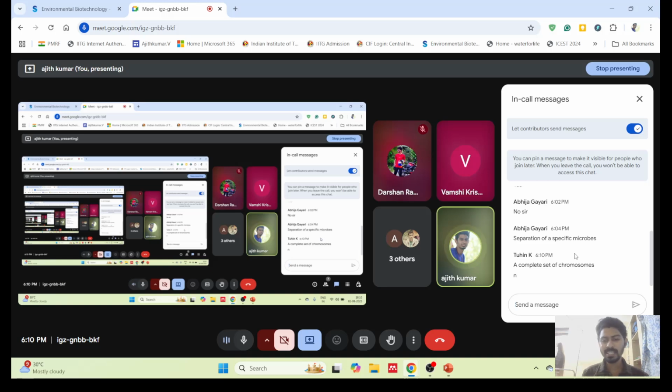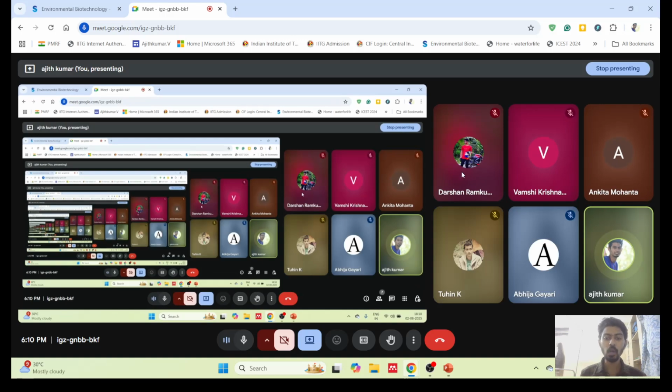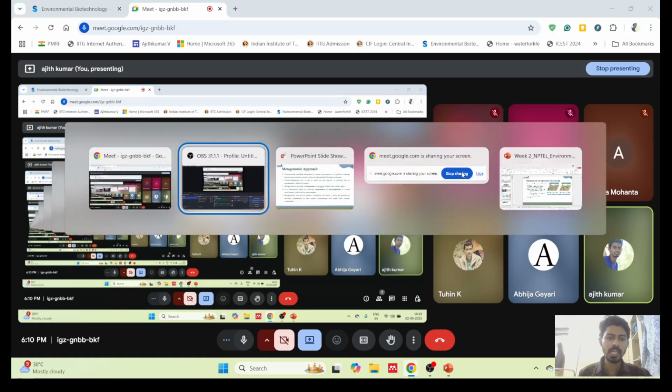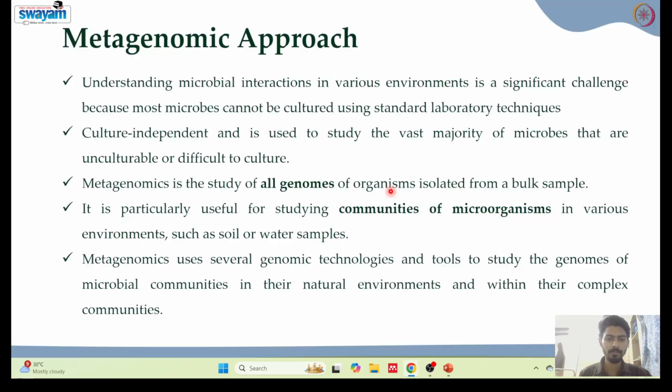Genome, so it is a collection of genes. Yes, correct. Ruin, you are correct. Complete set of chromosomes. So if you are able to study all the genes in a microorganism,